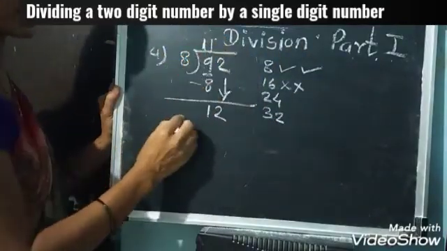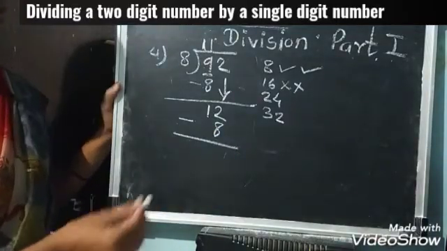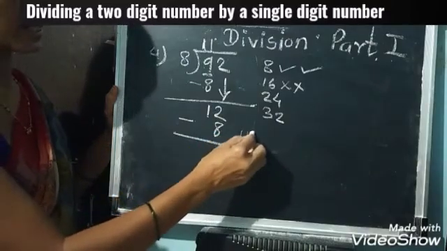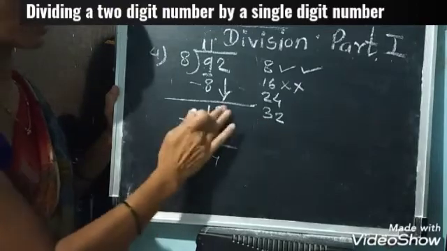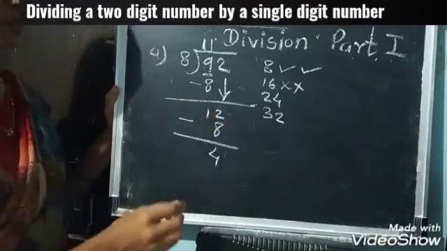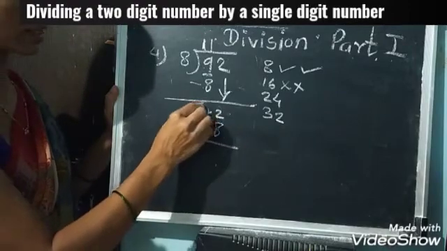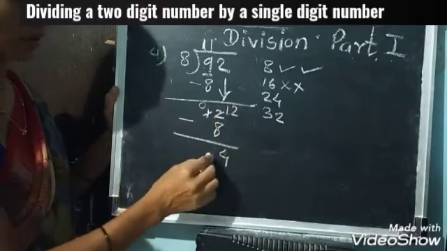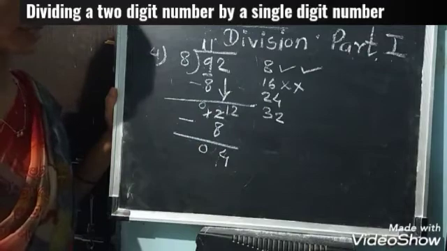8 1s are 8. Now see, in second standard we have learned counting backward. 8, 9, 10, 11, 12. 4 is the answer. Otherwise, if you want borrowing, you can do it. See here, 12 minus 2 minus 8 is not possible? Then borrow from here. 12 minus 8 is equal to 4, 0 will be as it is. In this way also you can do.